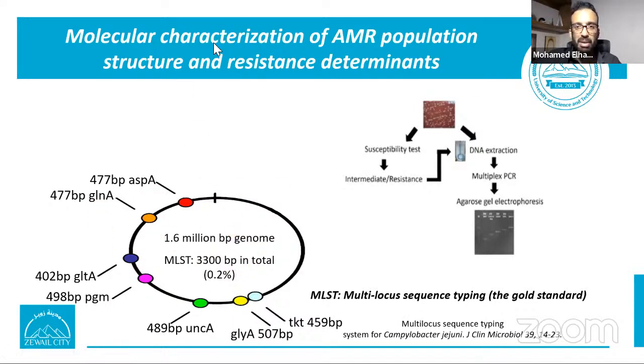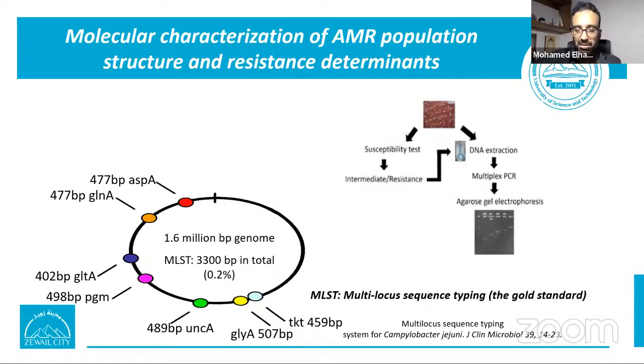For characterization, for example of antimicrobial resistance, you collect all the antimicrobial resistance genes from literature reviews, and you take your bug and do phenotypic testing. Once you do the phenotypic testing, you do a DNA extraction and a PCR for all the resistance determinants, and if there are some alleles or an antibiotic resistance cassette, you do more Sanger sequencing. So it is mainly PCR and Sanger sequencing, and this is the main approach that, two decades ago, everyone used to do in the lab.